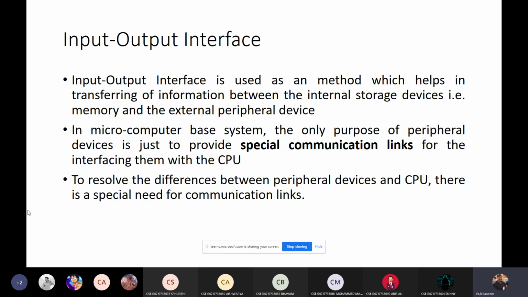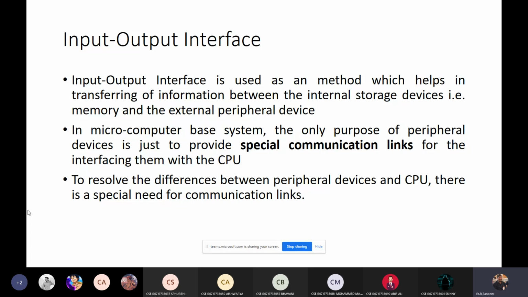Electromechanical also, I can say, electromechanical signals it will understand, and the device which is processing the data will understand electronic signals. For example, a processor will understand electronic signals, and electromechanical or electromagnetic signals will be understandable by the keyboard and mouse. Why? Because it is a combination of both electronics as well as mechanical components. So that's the reason it will understand the electromagnetic or electromechanical signals.